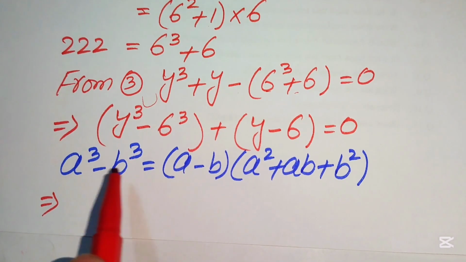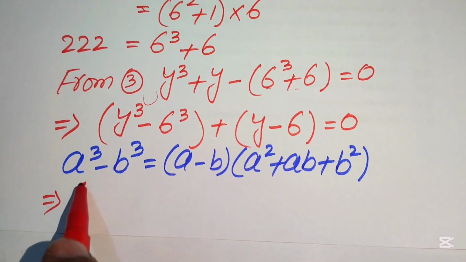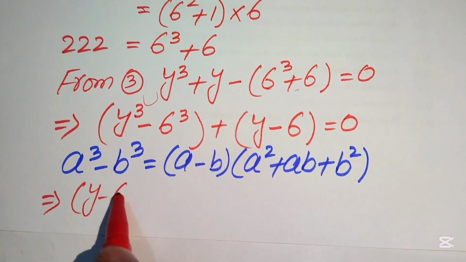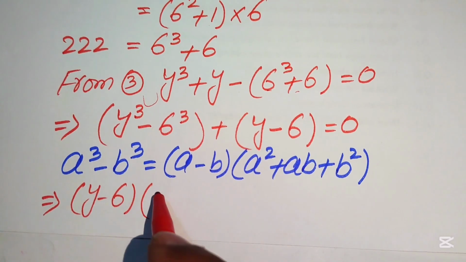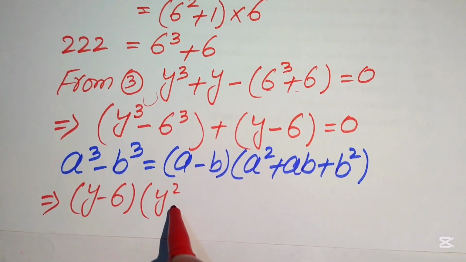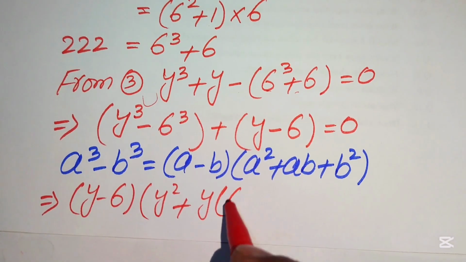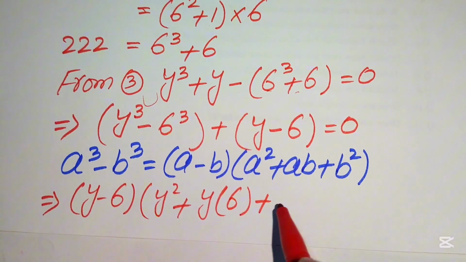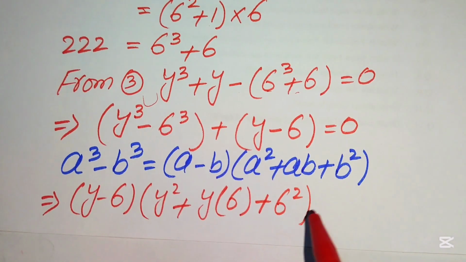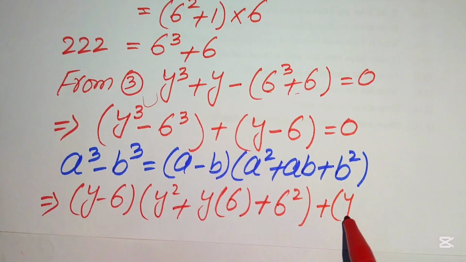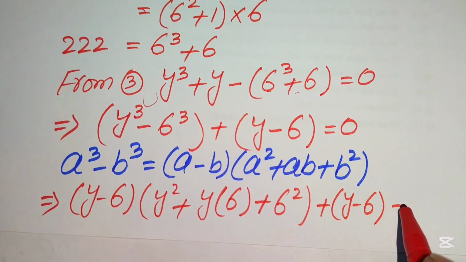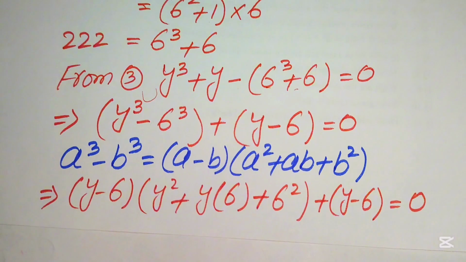So we apply this formula here, so it will be written as y minus 6 times y square plus y into 6 plus 6 square, and plus y minus 6,